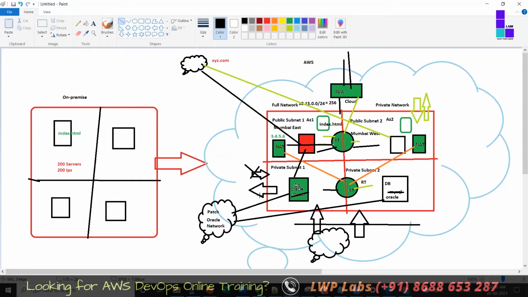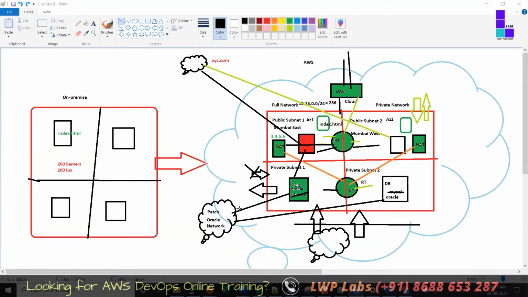What is the reason behind it? Because I don't want to apply patches, and I don't want my external world, where there may be hackers or other people, to get access to our database and our application environment. If they want access, we have to design our architecture in such a way that something will be there in the public, and that particular device will be connecting to the internal device, rather than them connecting directly. Something like that. So this is what we discussed yesterday.